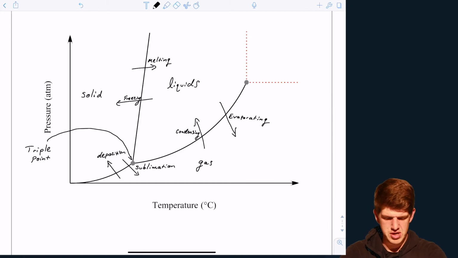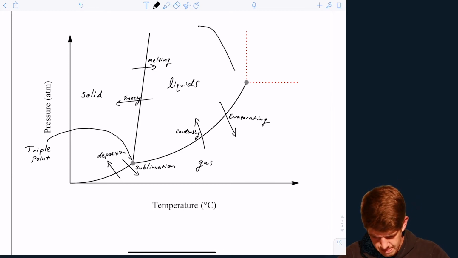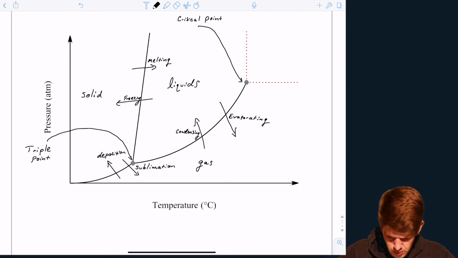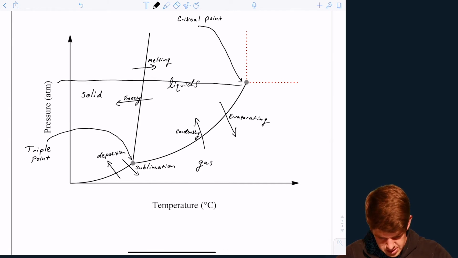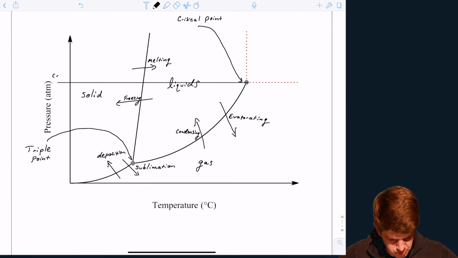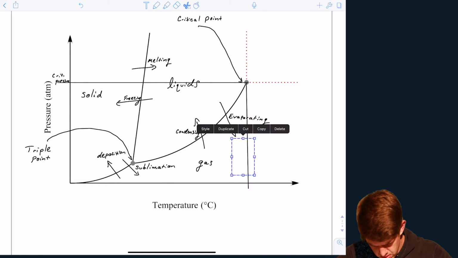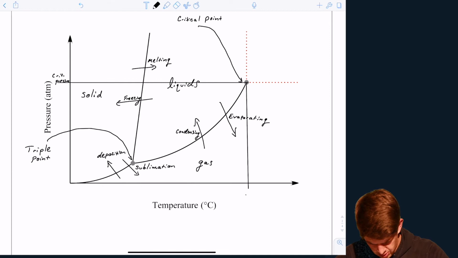And the last position I would just want to mention real fast is this point. So this is the critical point. The critical point is a high yield thing to know just because it is the point at which the liquid phase and the gaseous phase of a substance are basically indistinguishable. So at this point, there's the pressure and temperature that exist at the critical point. And if you mapped out what the actual position was, so let's say going this way, right here would be my critical pressure. And then down here, well, that's a little bit off. You get the point. This would be my critical